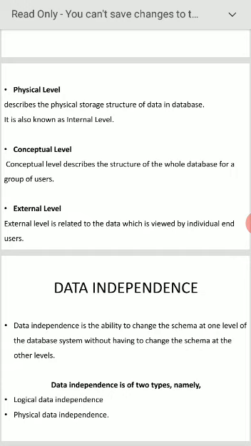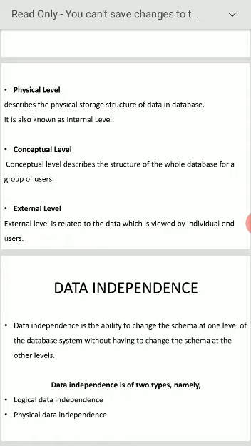First, let us say logical data independence. It is the ability to change the conceptual schema without affecting the external or application programs. See now, you got this part, logical data independence. We can change the information, data, whatever you want at the conceptual level. But it will not affect other levels. What other levels are there? The external level is there, as well as application programs. It will change only in that level.